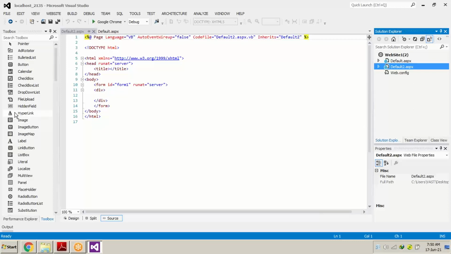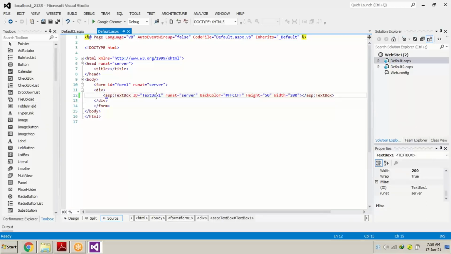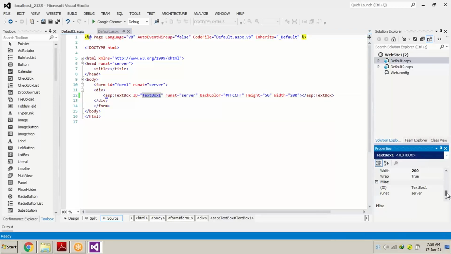The toolbar over here on the left hand side contains the tools required to design an application on a page. Every control, every tool has its own properties in the bottom right hand corner, and we can change the property of that particular tool.